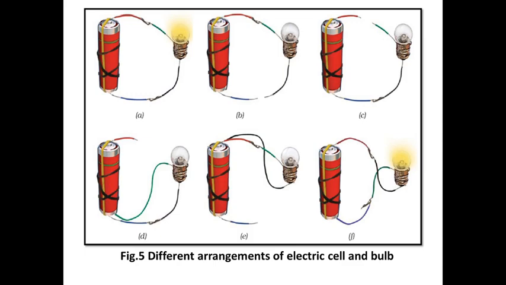First we will do one activity. Now you are not in school, and that's why we only have to think about it. When you come, we will take all the experiments that are there in your book. So see, in the first case what we have done, we have attached the two wires of the electric cell to the two wires of the electric bulb, correct?